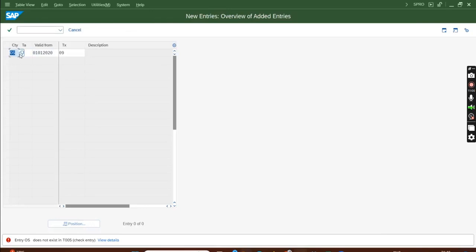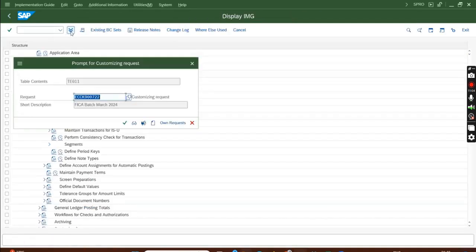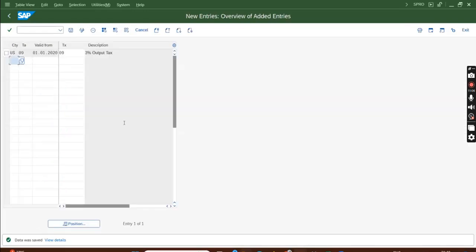Oh sorry, countries US. Enter. Save. First step, I told you 4 steps are there. First step is done. So their tax is assigned with our tax. Next step,